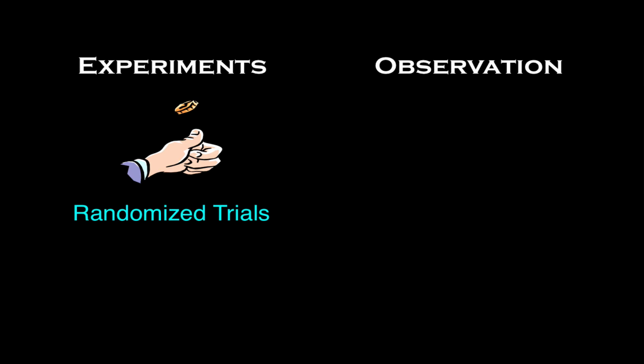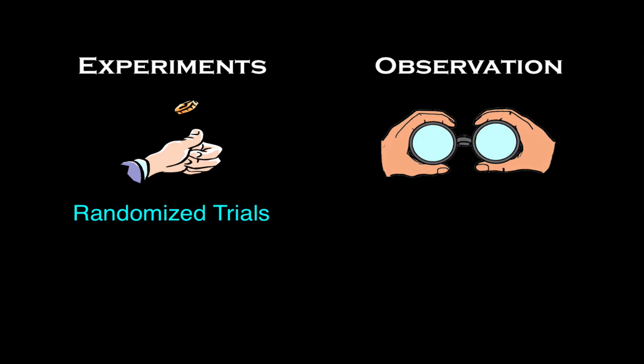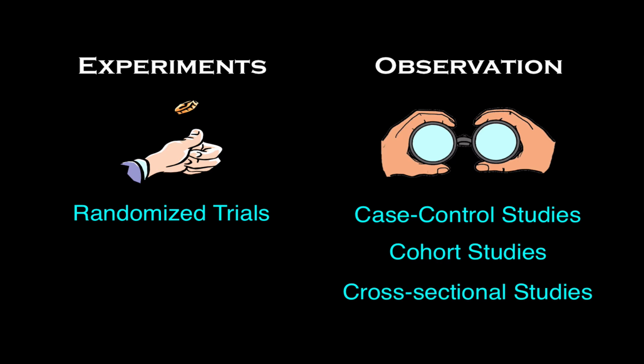There are experiments and there are observations. When you think about experiments, I want you to think about patients being allocated to one intervention or another on the basis of chance, the flip of a coin. And of course here you'll be thinking about randomized trials, even though we don't flip coins anymore. Observations, no one's saying what the patient will or won't do. The investigator's simply looking at patients based on what they do. And there are lots of observational study designs, things like case control studies, cohort studies, cross-sectional studies, ecologic studies.